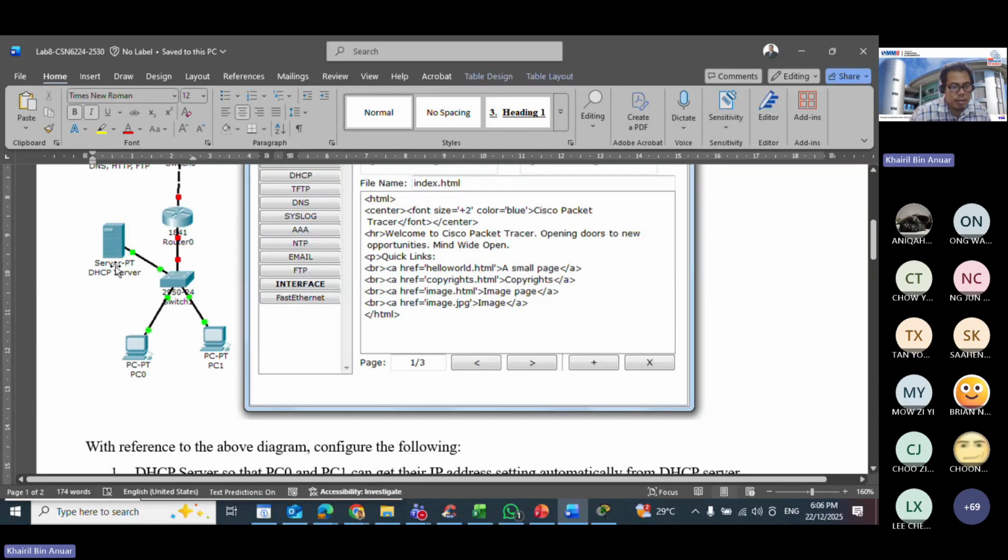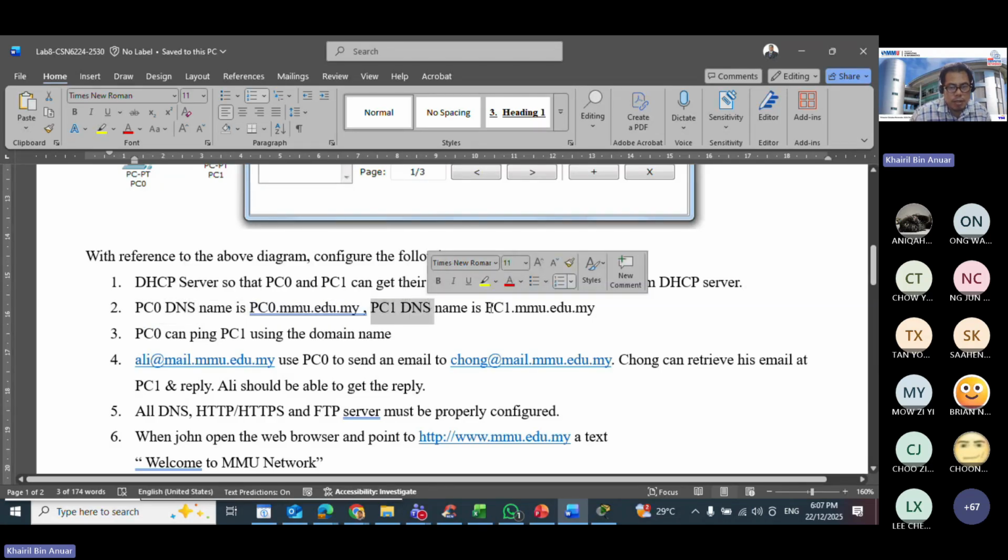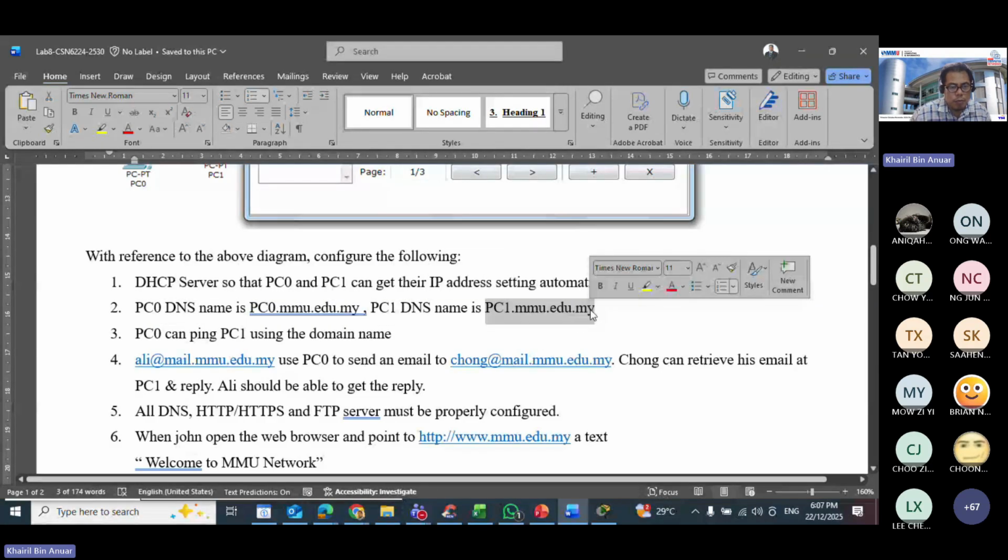DHCP assigns the dynamic IP addresses for your PC0 and PC1. Your requirement here is that you need to use DHCP for both PC1 and PC0. PC0 has a DNS name of pc0.mmu.edu.my, and PC1 has a DNS name of pc1.mmu.edu.my.